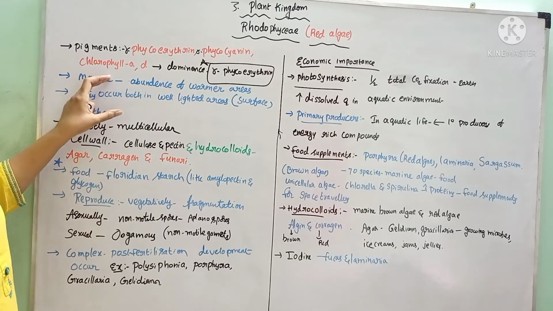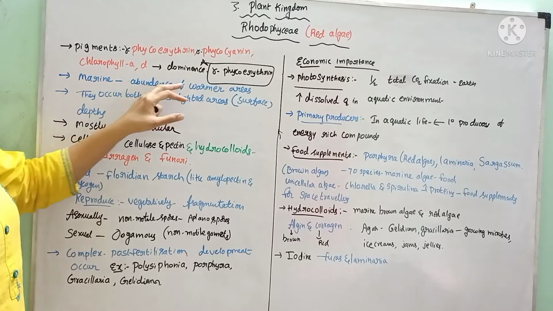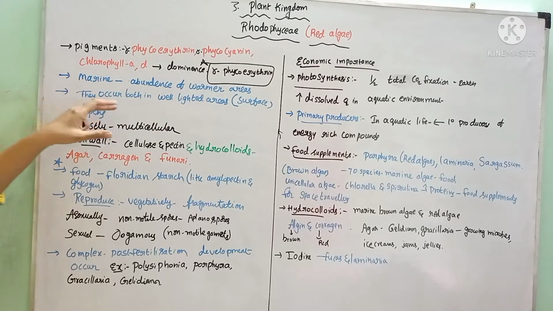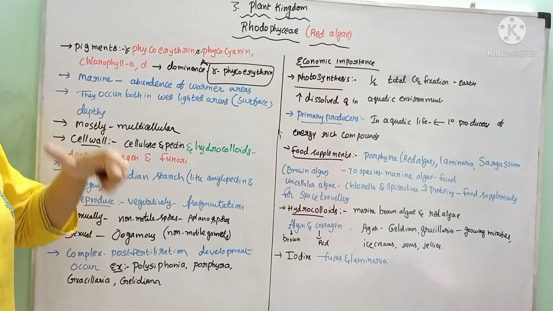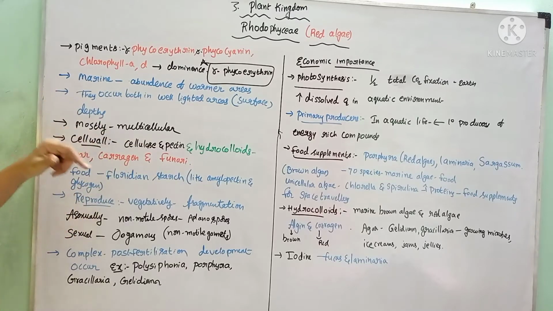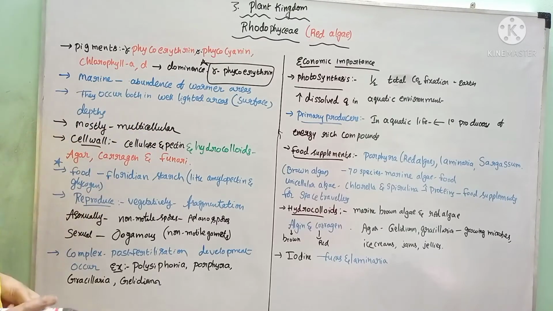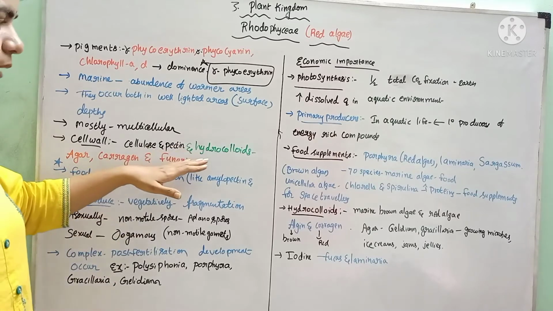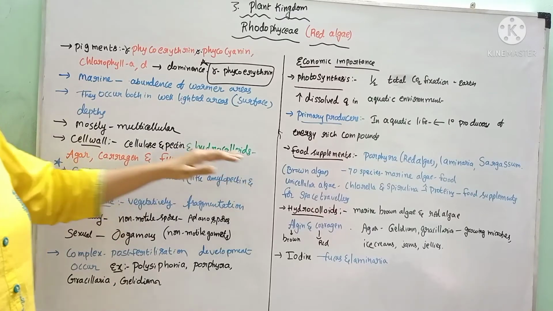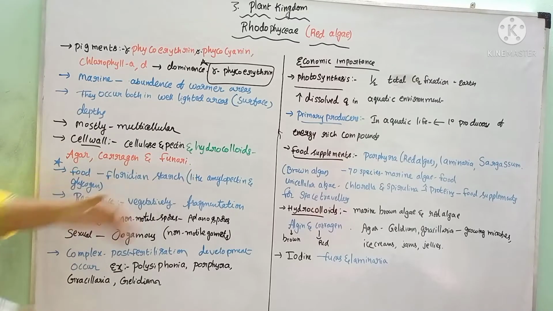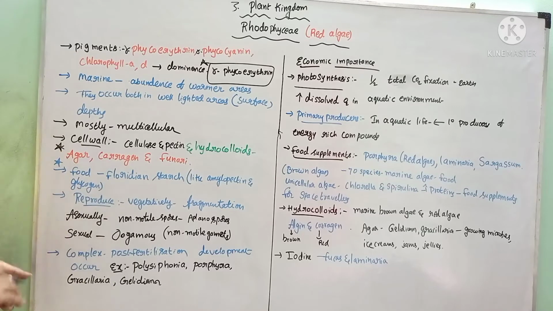Their habitat is mainly marine. They abundantly grow in the warmer areas of marine water. They occur both in well-lighted areas, that is on the surface, and also in deep water. Most of them are multicellular, and the cell wall of these organisms is made up of cellulose and pectin, and they contain several hydrocolloids like agar, carrageenan and phycocolloids, which are the hydrocolloids present in the cell wall of the red algae. What are the hydrocolloids present in the